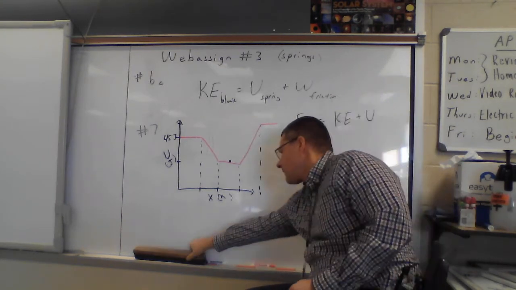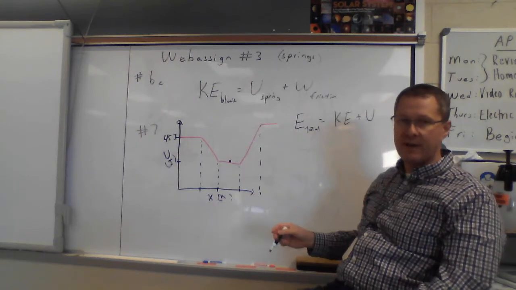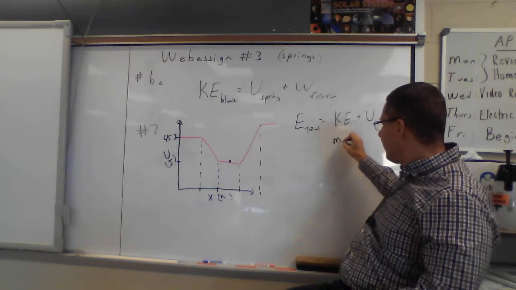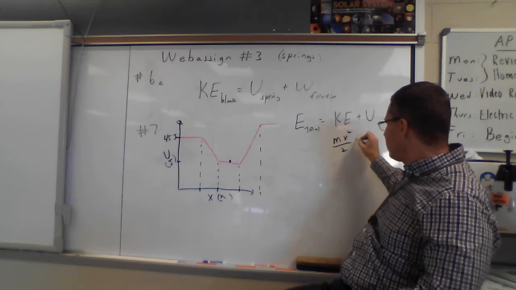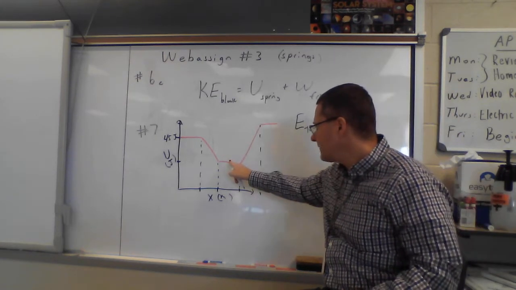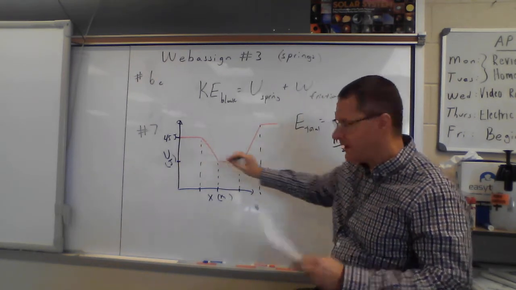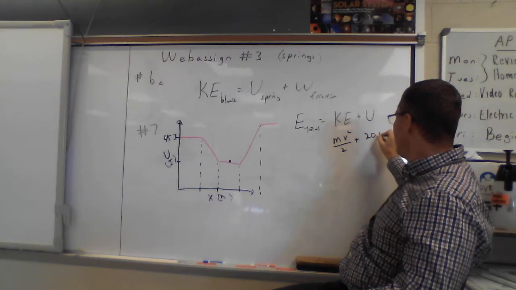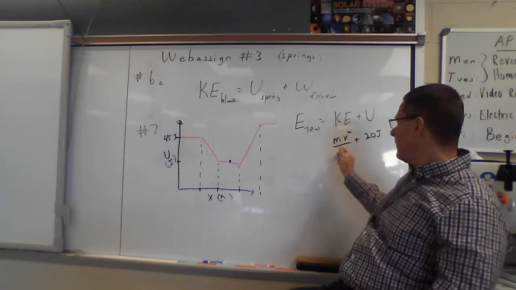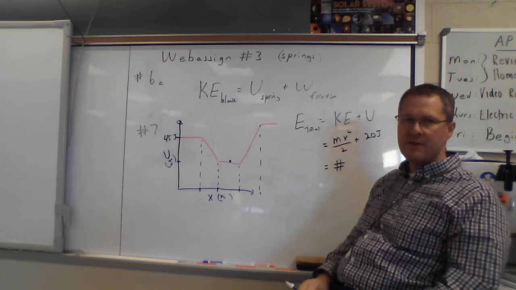So this particle definitely, it's moving. You've got the mass of the particle. They say it's got a certain speed, so you can definitely calculate the kinetic energy of the particle. If it's here, we can also go across the graph, and at least for my numbers, that says that it's 20 more joules. So we can get a grand total, some number, for the total amount of energy that this